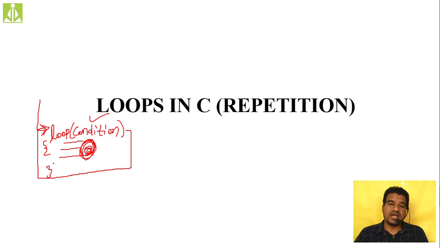Simply it will execute the statements after the loop. After the loop, whatever we have, the program control will continue with that and execute that. Simply we can say it will exit from this loop execution. Why do we call it a loop? Because it is executing the statements repeatedly, without doing any other thing, simply busy with the statements inside the body of the loop only.